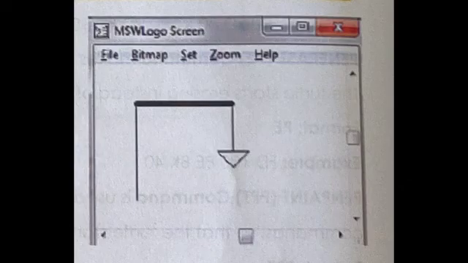Set pen color, that is the set PC command, changes the color of the pen.